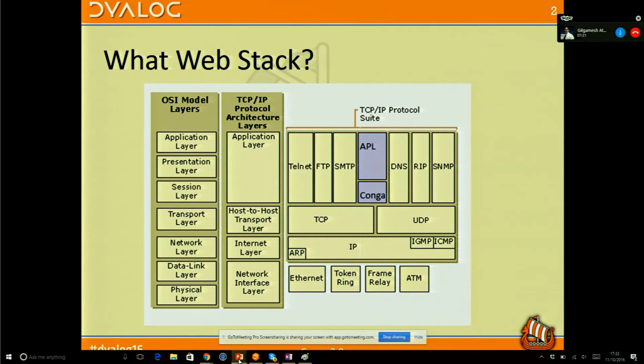I mean, there's this OSI model with 7 layers starting down at the Ethernet cards or the token ring. If you go back a bit, then there's something called IP, Internet Protocol. And now we're getting into the layers that we sort of start to understand. There's TCP, which is a layer built on top of IP, where the underlying operating system will allow you to send a message to some other computer. You give it an address and a port number. It'll send it, it'll verify that it gets there, that it's been delivered.